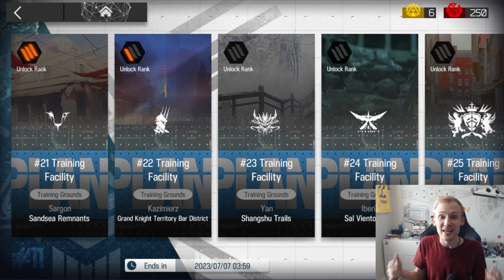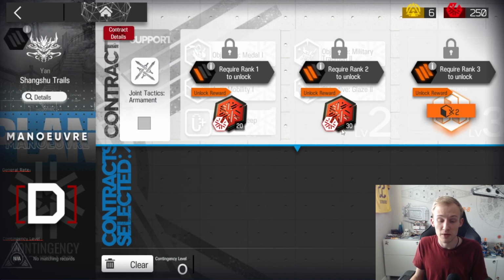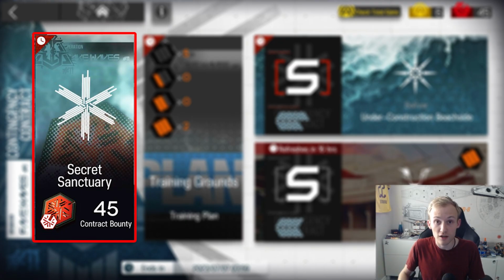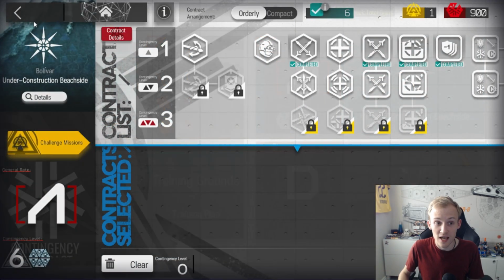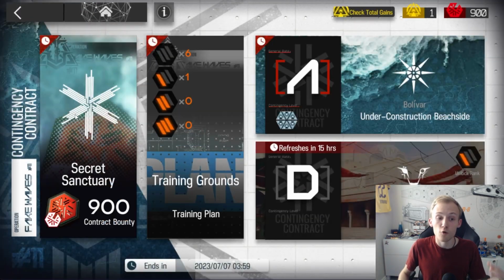So at the end of the day, it is like a good way of training for the stages. And like I said before, if you haven't done them, you can get these extra rewards before that as well. So now talking about the most important thing of this contingency contract, of course, is a secret sanctuary. Now obviously all these points we've gotten from the main stage and the daily rotating stage, we can actually use